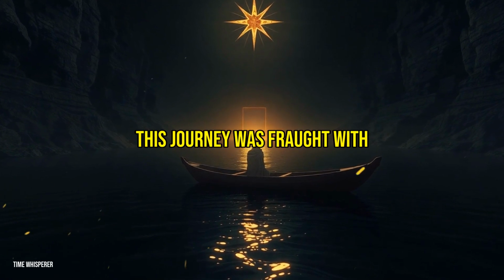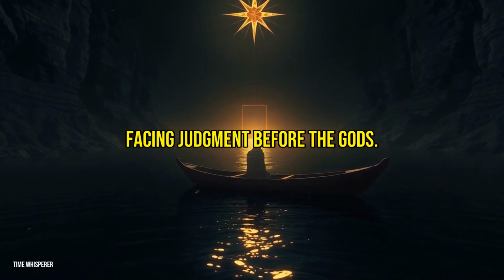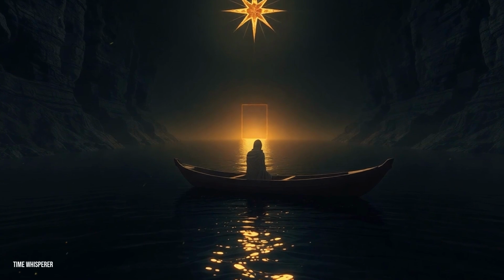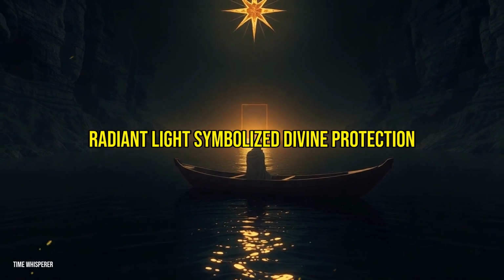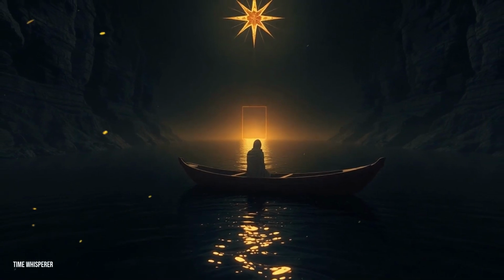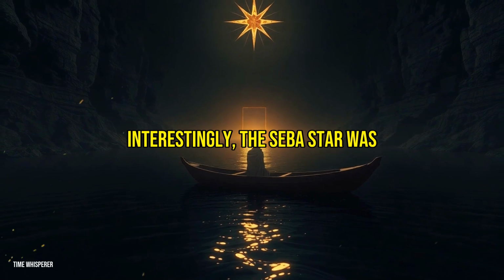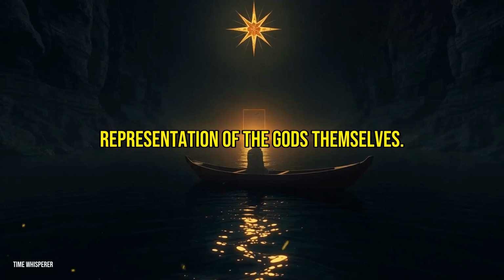This journey was fraught with challenges, from crossing the dark waters of the underworld to facing judgment before the gods. The Seba star, with its radiant light, symbolized divine protection and the promise of a safe passage to the eternal realm. Interestingly, the Seba star was not just a symbol of the afterlife, but also a representation of the gods